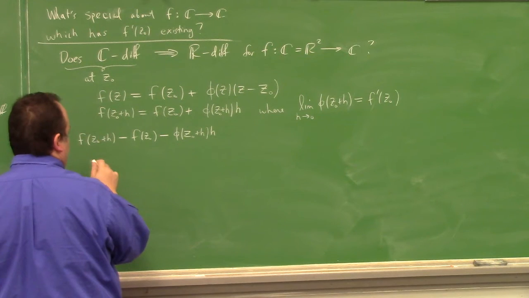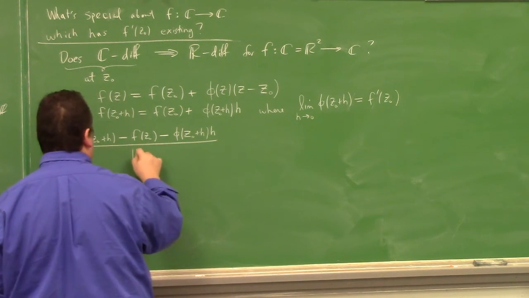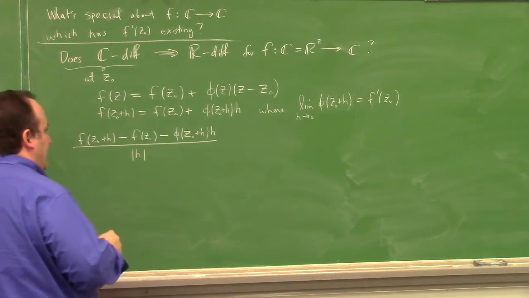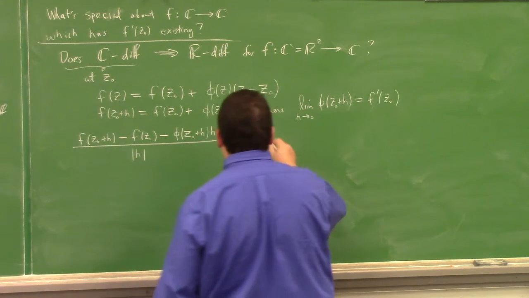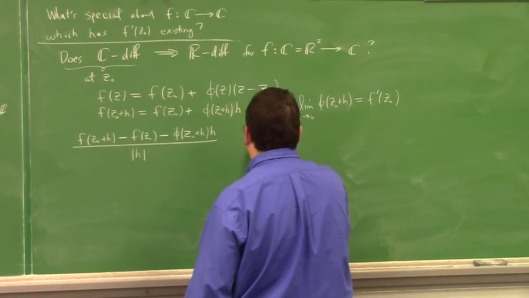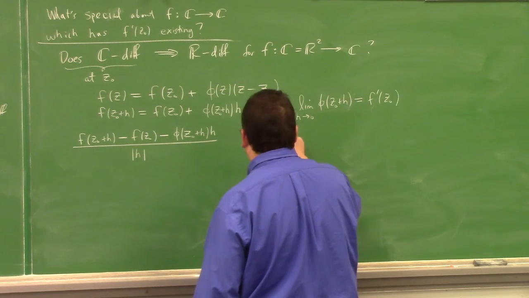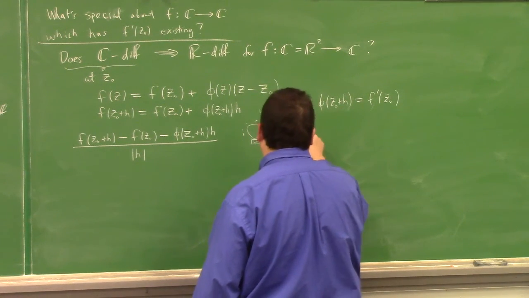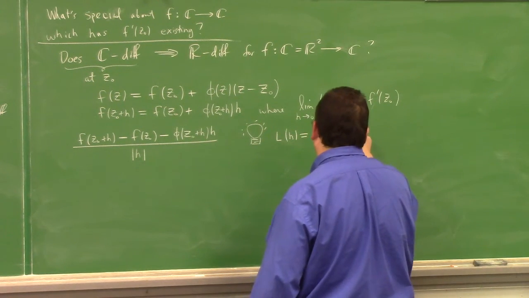Let's see here. Basically, all of this divided by the modulus of h. I want to come to terms with that. And so what I'm suggesting is that we should make the L of h, right, to be phi of z naught plus h